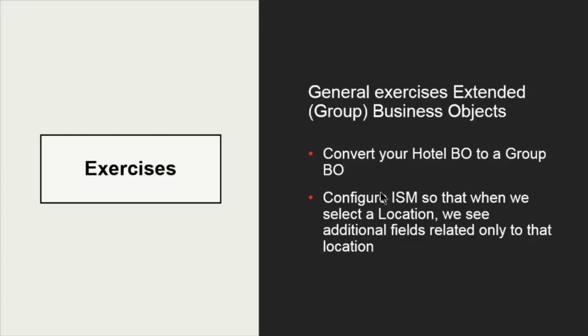All right, so then what we want you to do is pretty much what I did there. Configure ISM so that when we select a location, we see the additional fields related only to that location. So basically, if I click on the location of Hawaii, I want to see those fields that I added regarding surfing lessons and an ocean view. And if I choose New York, I want to know if they want a list of Broadway shows and so on. All right,